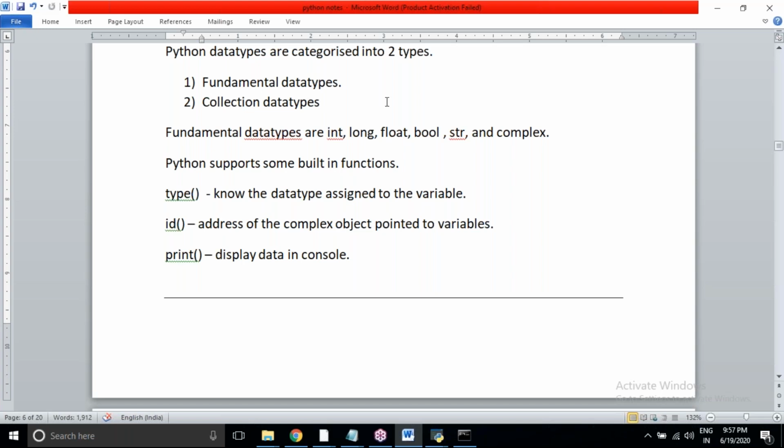You can store any number of values, and you can store composite or mixed data. Any type of data you can store in a single variable. Arrays store homogeneous values, meaning similar data, but collections can store heterogeneous values, meaning composite or mixed data.